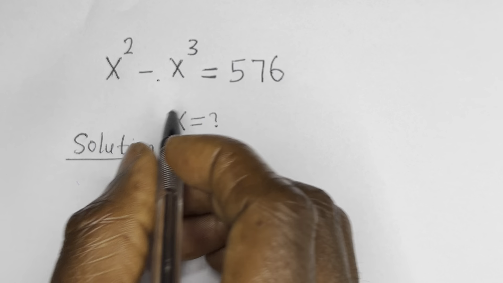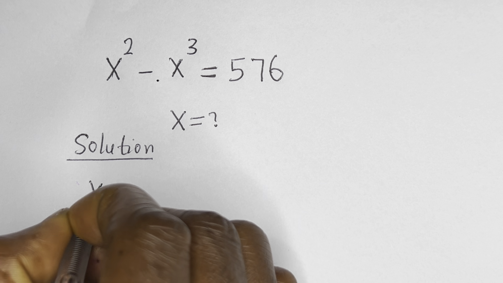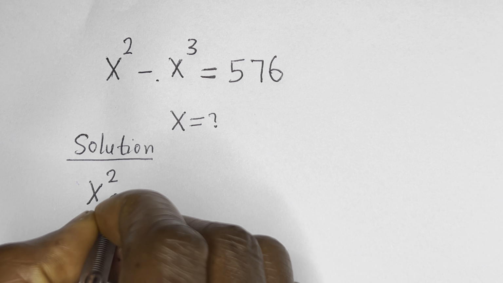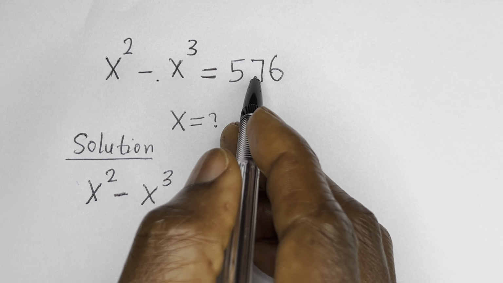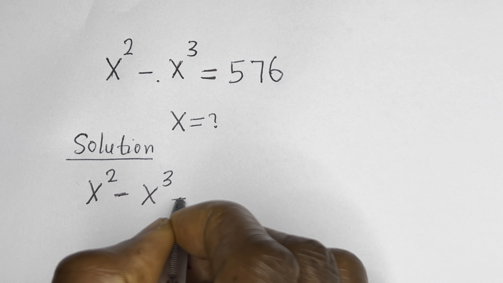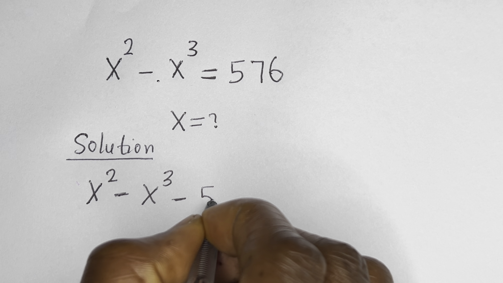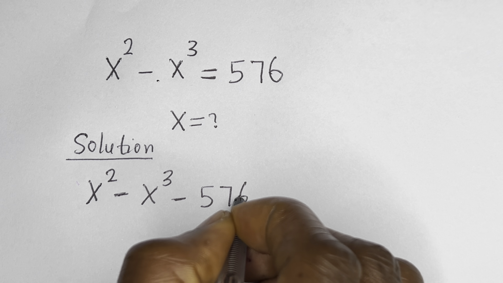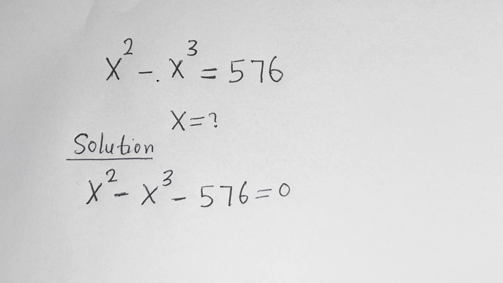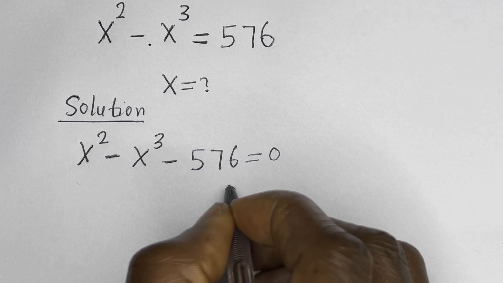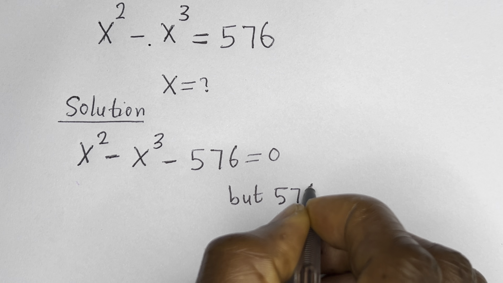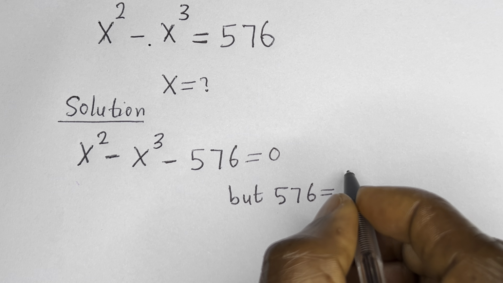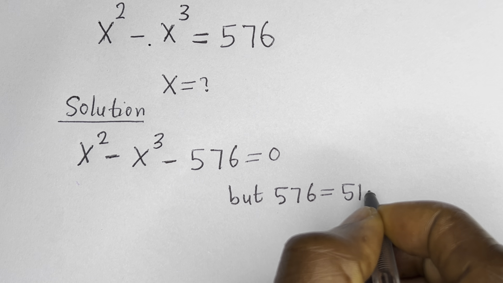Then this can be written as s squared minus s raised to power 3. Then let's take this to this side. It becomes minus 576 is equal to 0. But 576 is equal to 512